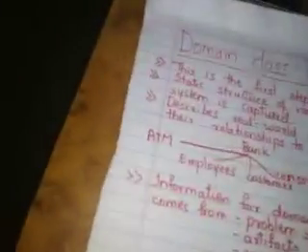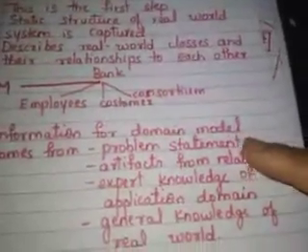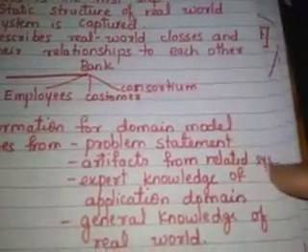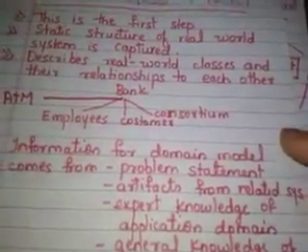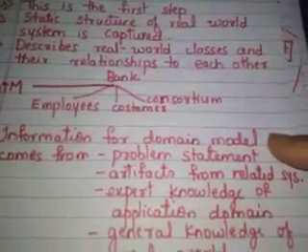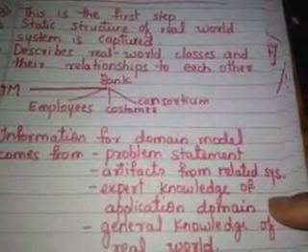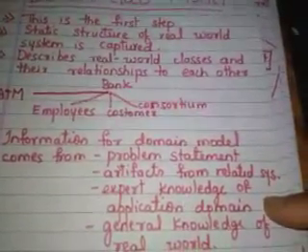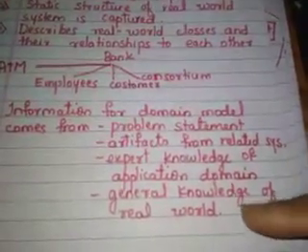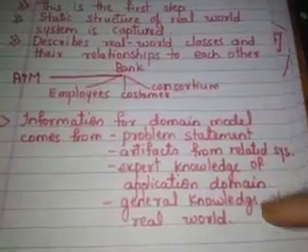Like this, the domain information comes from the problem statement, or if related systems already exist, I come to know the information by studying them. And if somebody has expertise in the domain where it will be applied, I can gather information from there also. Next, as human beings we visit banks, right? Our general knowledge with respect to that domain also gives us some information.